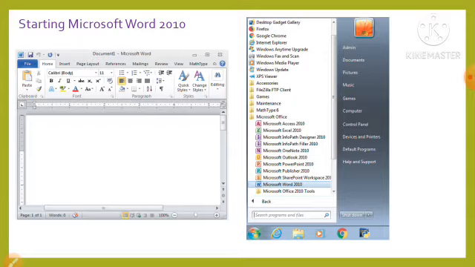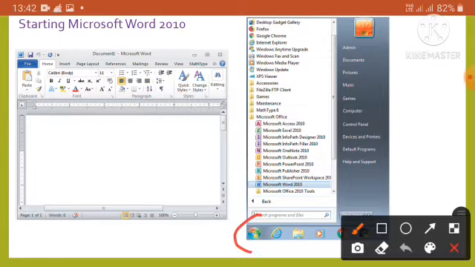Now we'll see how to start Microsoft Word 2010. We can start MS Word 2010 by clicking the start button on the taskbar, then selecting all programs, then Microsoft Office, then Microsoft Word 2010 in the start menu, as shown in this figure.